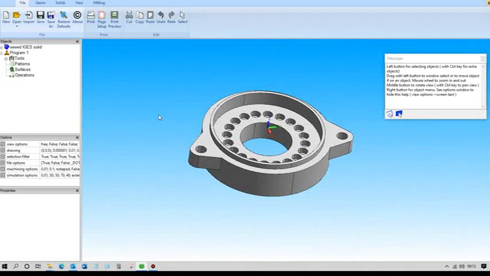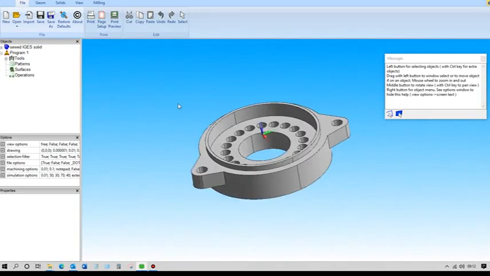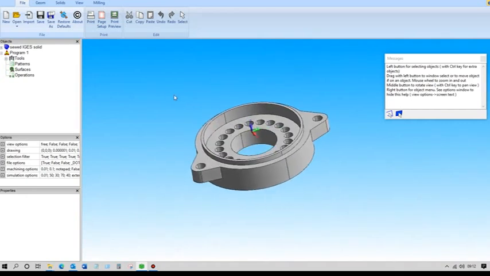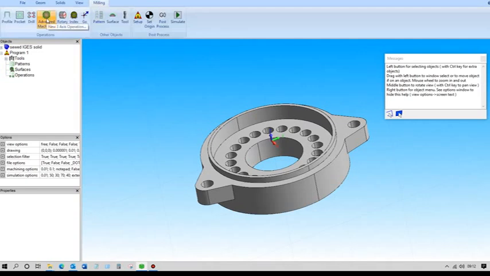In this video we'll show you how we can rough and finish this part. So this is the 3D module that we've started and imported the file. The first thing we'll do is produce a roughing operation. So we go into milling, advanced machining,